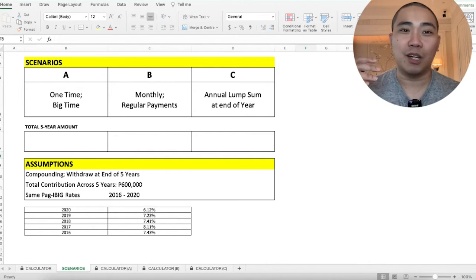Now, obviously, whatever your amount is, right, in MP2, it's voluntary. So you actually don't need to invest a specific amount every month. Pwedeng mag-iba-iba yun. You don't even have to invest every month. You can invest kung kailan ka may extra, and hence why we have the 3 scenarios in front. Then, lastly, I'm also gonna use the years 2016 to 2020 para makita natin yung actual dividends ng Pag-ibig.